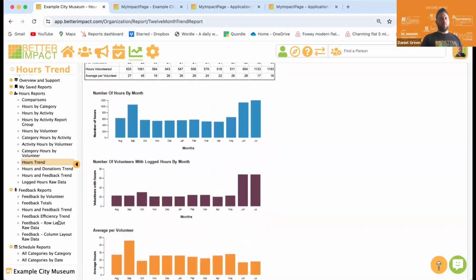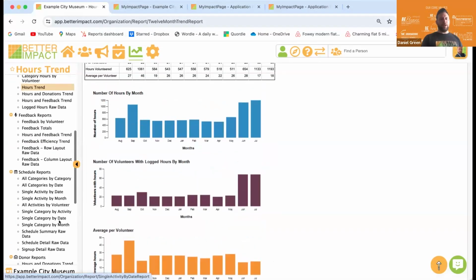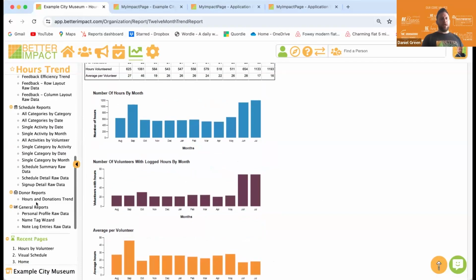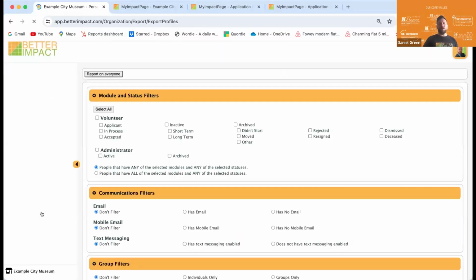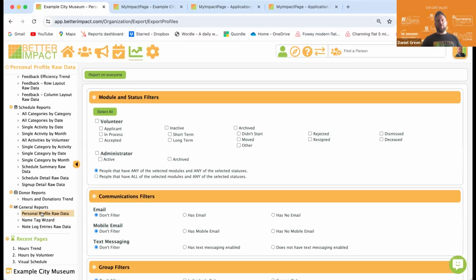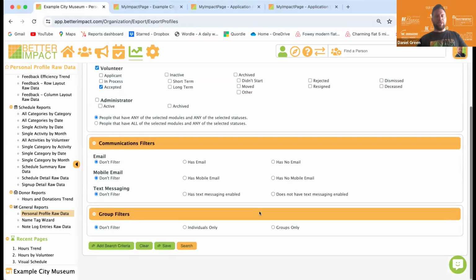One of my favorites is under the general reports, personal profile raw data. So this is pretty much where you can just make up your own bespoke reports. So you can pick and choose what you like to report on, whether it's custom fields, demographics and qualifications. So I'm just going to select accepted,